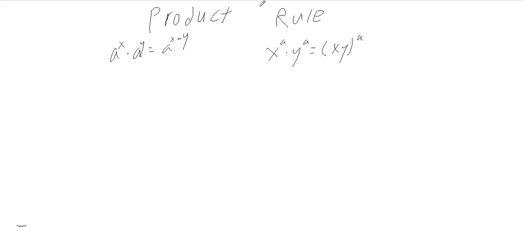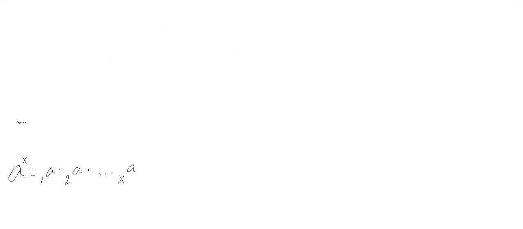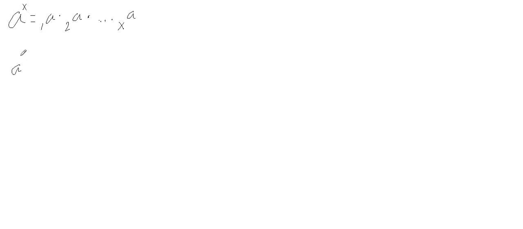For this video, all you're going to need to know really is what exponents are and this method of writing them, because that's important in how I'm going to prove the product rule. So essentially, a to some power x can be written as 1a, 2a, times however many a's are in between, times xa's. So say x were 5, so a to the 5. That means 1a times 2a times the three dots, ellipses,